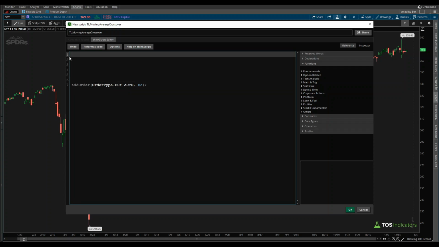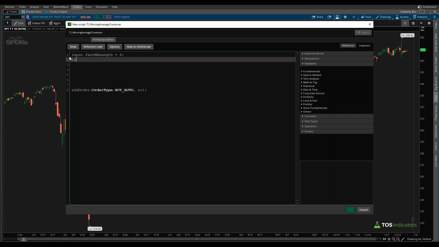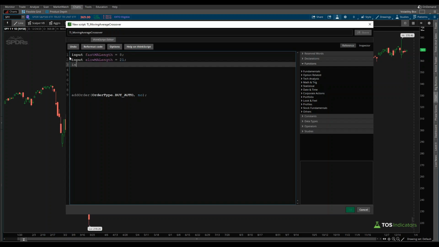Now the first and very easy way that we can start off is by defining our input variables. So we have input fast moving average length, and so we can set that equal to the 8. We'll then define the slow as well, so slow moving average length. This was equal to the 21. Now we also had the average type, so we'll say average type fast, and here we'll say average type dot